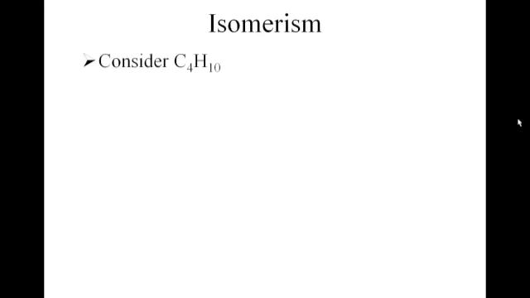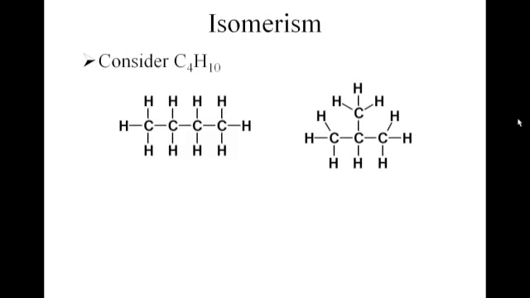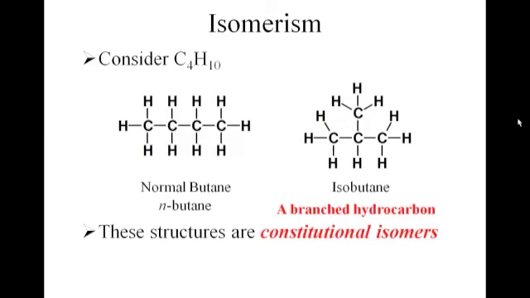So you've had 1 or 2 videos on constitutional isomers already. If we think about C4H10, you may recall that there were 2 ways that I could arrange all of those 4 carbon atoms, and these are the 2 ways that I'm showing you right here. So these are 2 different molecules, and that means that they have to have 2 different names. The straight or unbranched chain that you see on the left, we often refer to as being normal. I would call that molecule normal butane, or usually what you see is the n in italics before the name